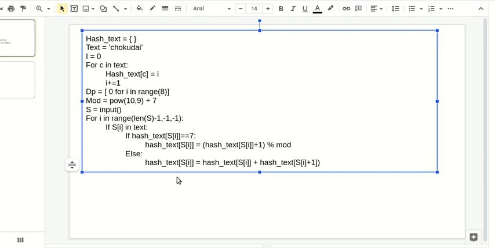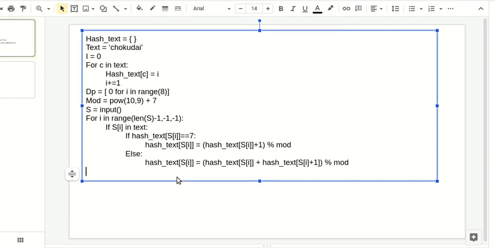Okay, this many times mod. So this will form the si. Okay, and yeah, hash text